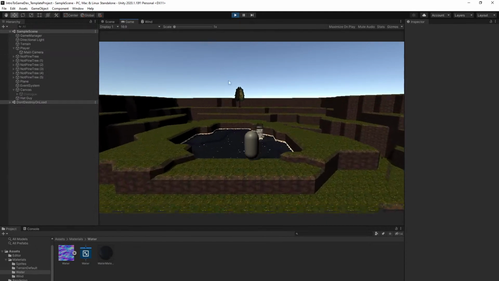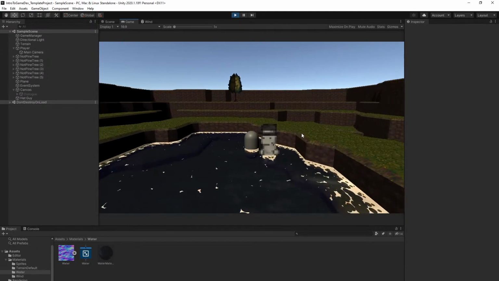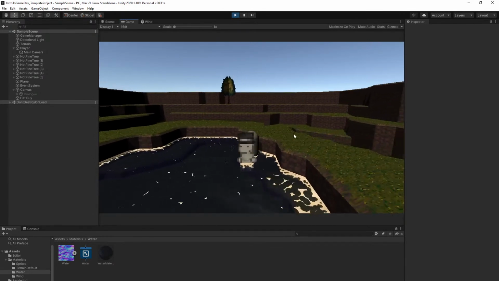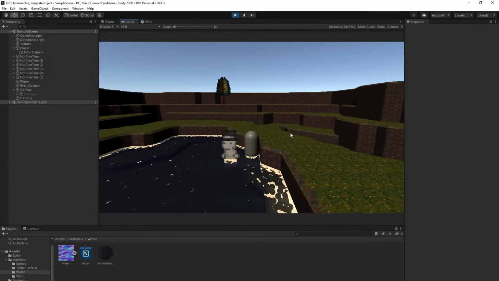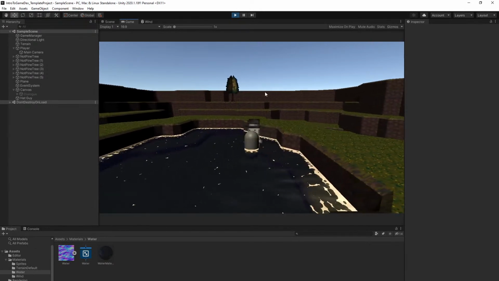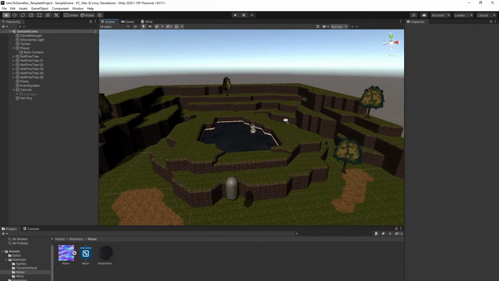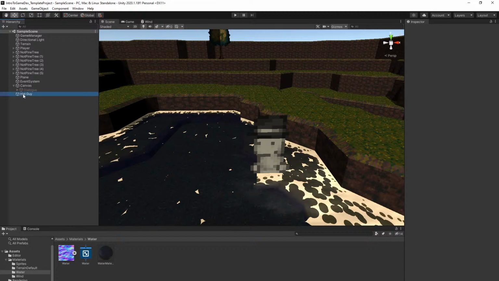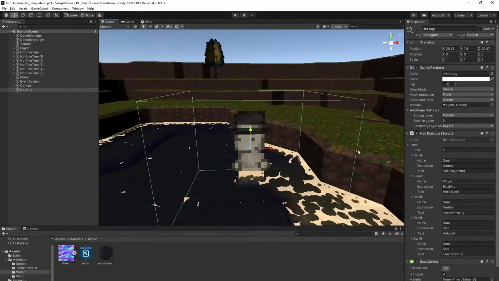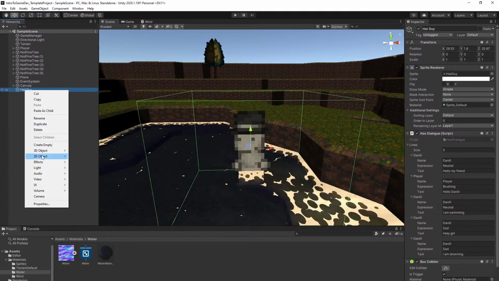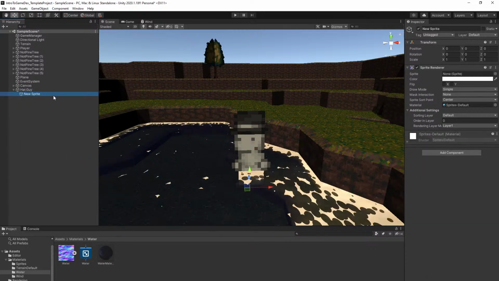Anyways, what you might have noticed is when you walk up to Daniil, nothing really tells you that you can talk to him right now. Player feedback and that sort of stuff in general is a pretty big part of game development, and so what we're going to do is make a little button prompt appear above his head whenever you can talk to him. So we'll grab his hat guy object over on the side here and right click and make another sprite by going to 2D object and sprite. And that'll add another sprite object